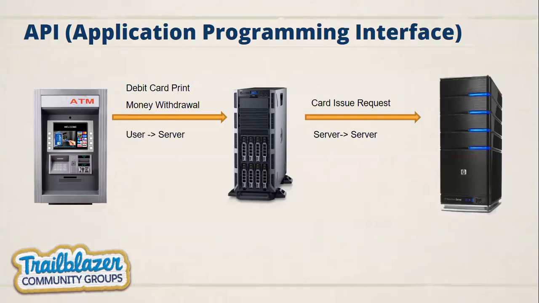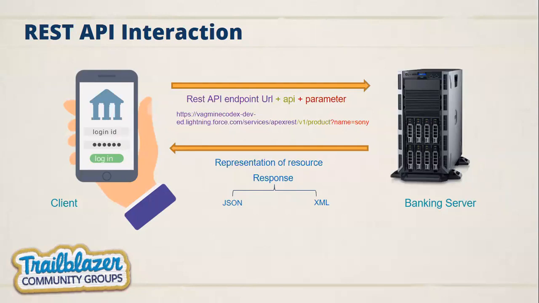Now, what is REST API interaction? How is the REST API interaction done from client to server? For connecting to any server using a REST API, you need only a REST endpoint. Primarily, only the endpoint is required for connecting to any server. So in the endpoint URL, what things are there? First, it will be the endpoint URL, your host name or your domain name. Then you put your API information, and then you put the parameter information. Like here, for example.